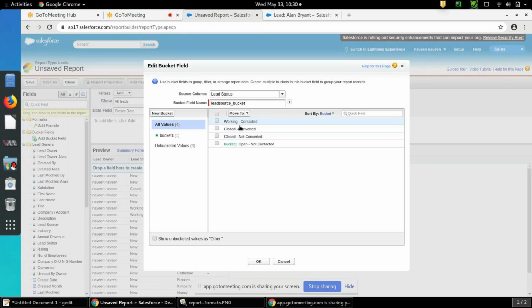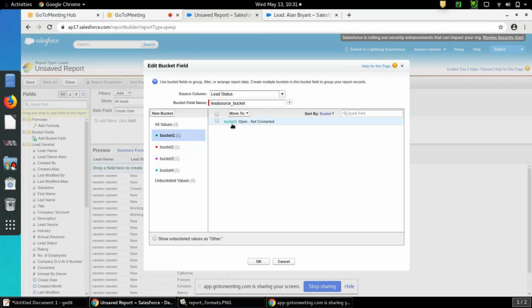Okay, and closed converted, I want to move to another bucket. Working contacted, you want to group to another bucket. Okay, like that you can create the buckets.